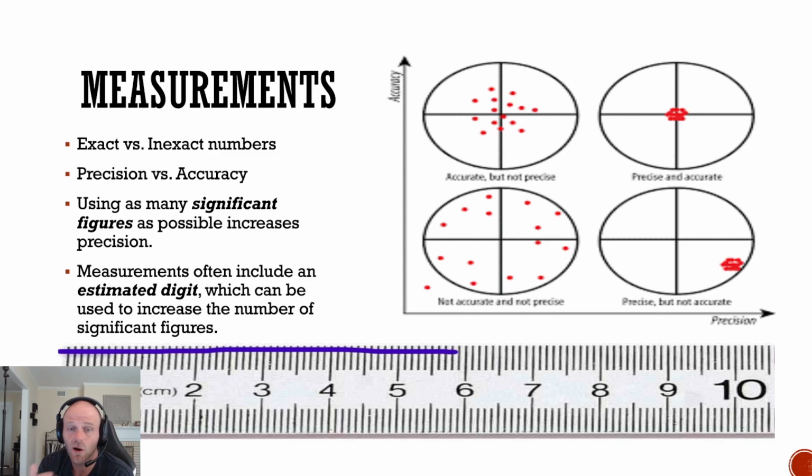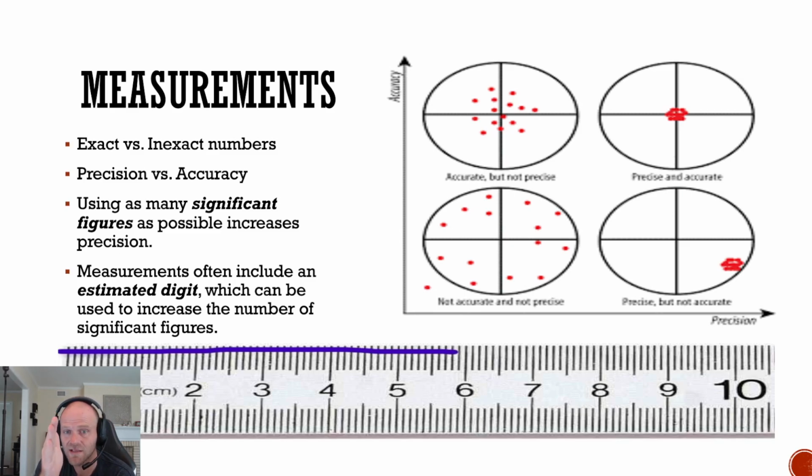Okay, so we always add one significant figure. It'll either be a 0 or a 5. Okay, every time. If this line, this purple line, falls directly on the increment, the millimeter,